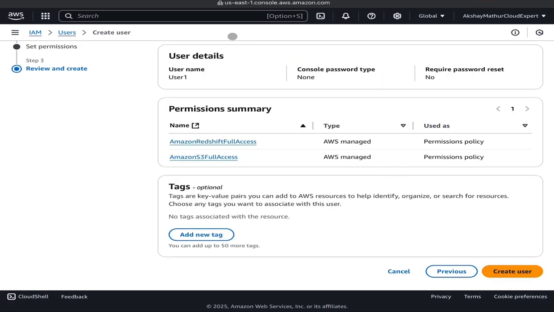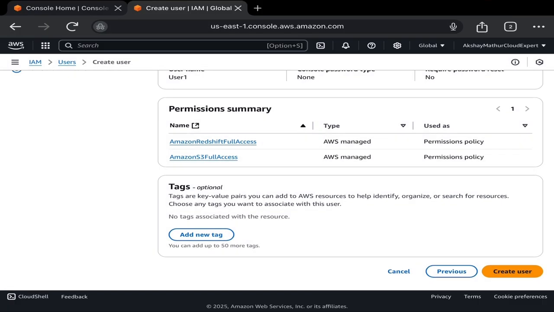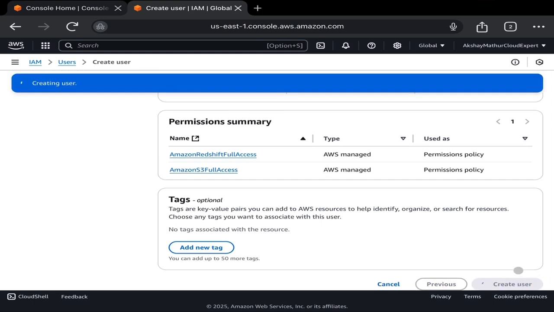Now you can see the username is user1, and there are no passwords set for this IAM user. I will set the password later, so you can log in with the IAM user to complete your task. This is the permission attached to this IAM user: Amazon Redshift full access, as well as Amazon S3 full access. Now click on Create user.